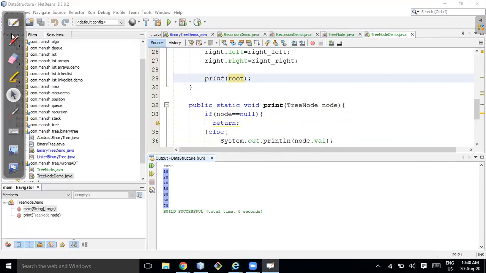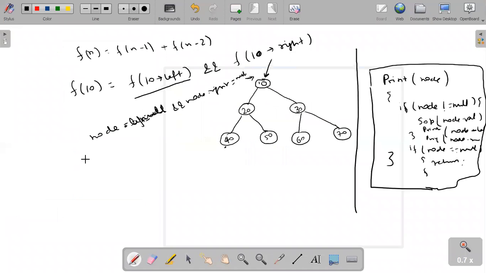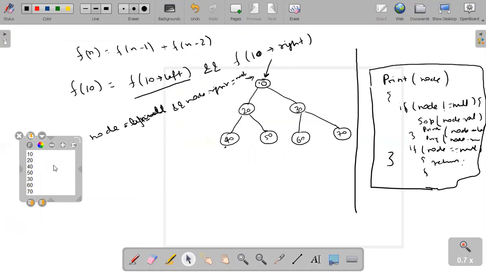Yeah, it's printing, that's good. I'll see how it is printing, that is very important. It printed first 10, then 20, then 40, then 50, then it went for 30, then 60, then 70. This is the order in which it got printed.